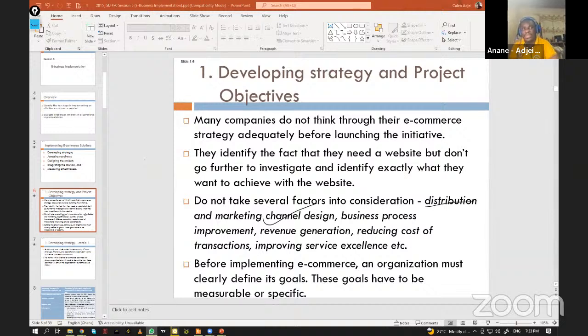Is it because everybody is talking about it that you want to do it, or is it something you think can help you achieve a certain strategic goal or objective for your organization? So all these things must be taken into consideration. Then